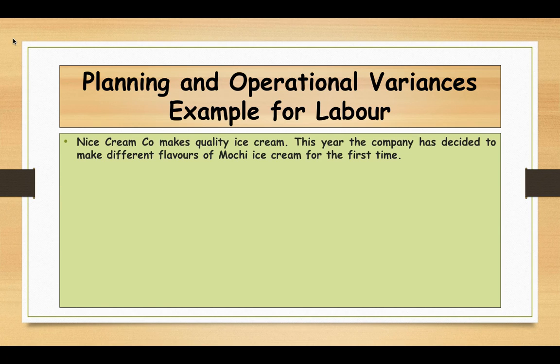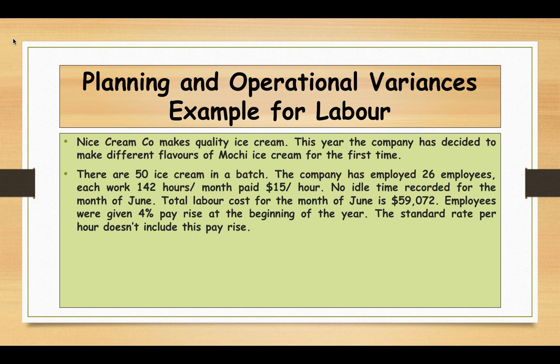An ice cream company makes quality ice cream. This year, the company has decided to make different flavors of mochi ice cream for the first time. So the data is given: 50 ice creams in a batch. The company has employed 26 employees. Each works 142 hours per month, paid $15 per hour. No idle time recorded for the month of June. Total labor cost for the month of June is